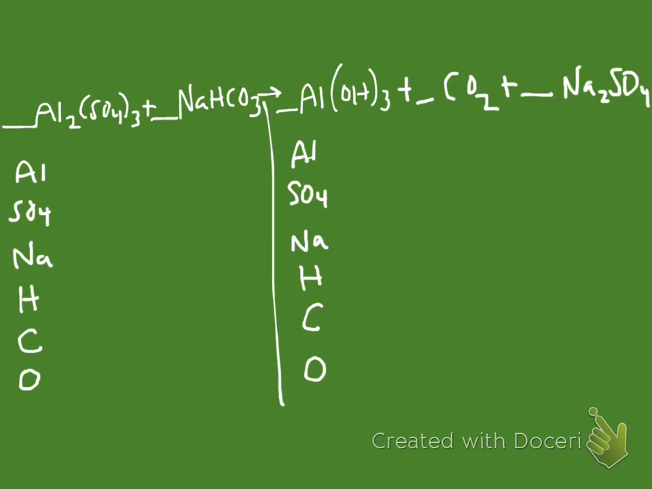Okay, do our preliminary tally. We got 2, we got 1. We got 3, we got 1. We got 1, we got 2. We got 1, we got 3. We got 1, we got 1,